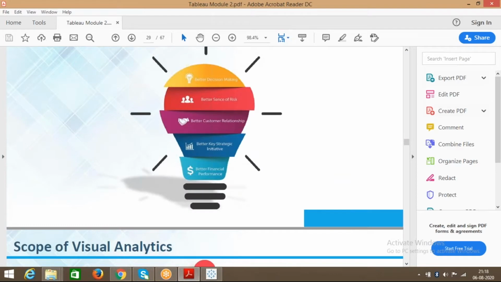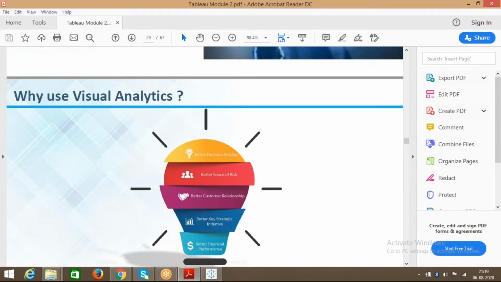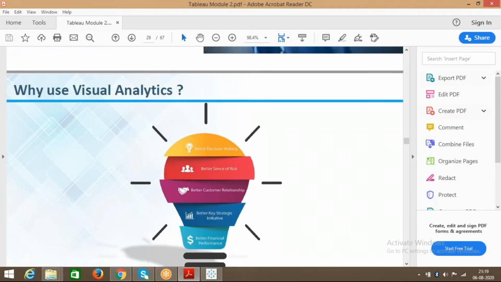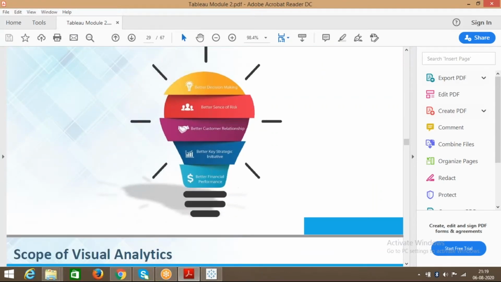Why do we use analytics? Only because it's for better decision making, better sense of risk, better customer relationship, better key strategic initiatives, and better financial performance. These are a few of the advantages, nothing but the features available in visual analytics.